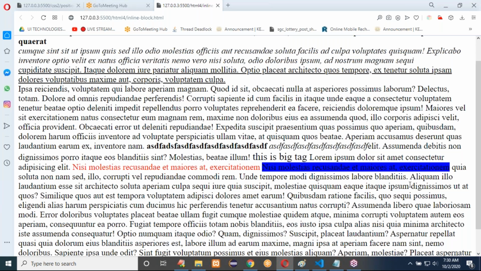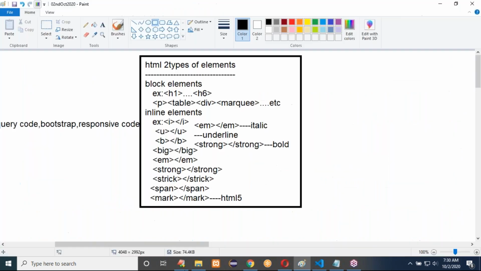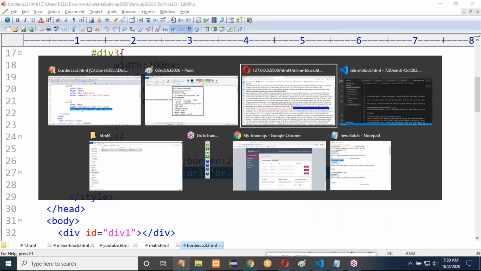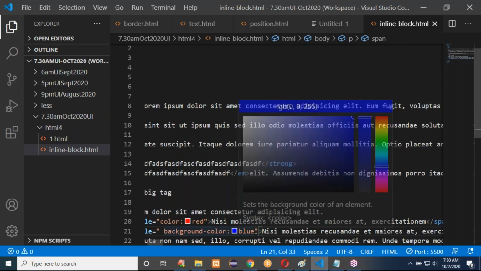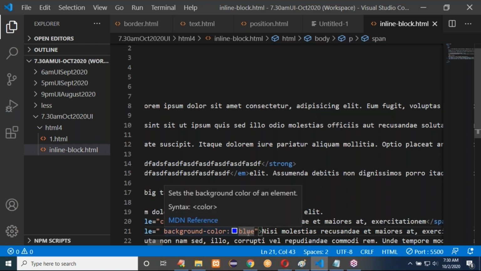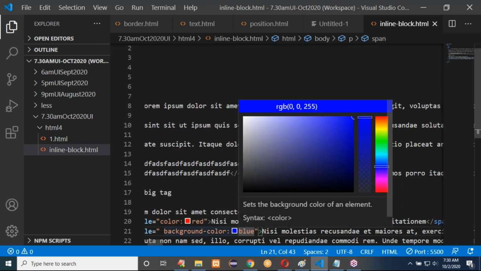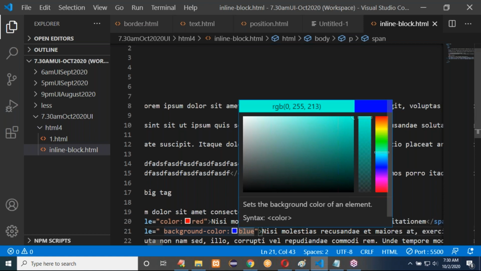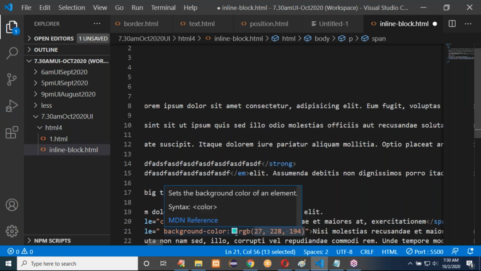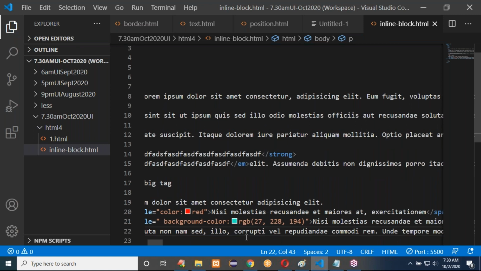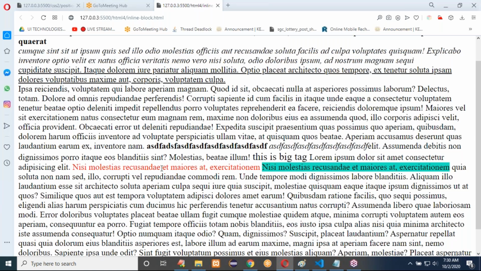If you write only the span tag, it won't give any difference in the output. If you write the span tag with a background color or a font color, only then can you highlight the content in your paragraph. Here the blue color is very dark, so I'm not able to read it. For that, you can change the color to light blue, dark blue, any color you require. This is highlighting of content by the span tag color property, and this is the span tag background color property.